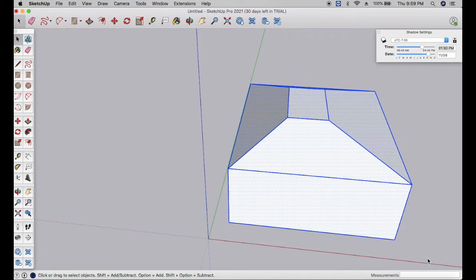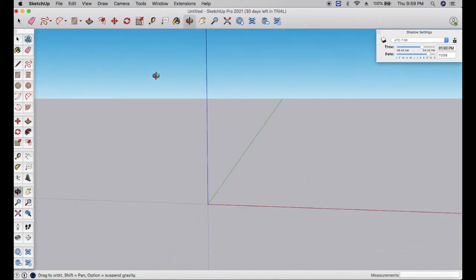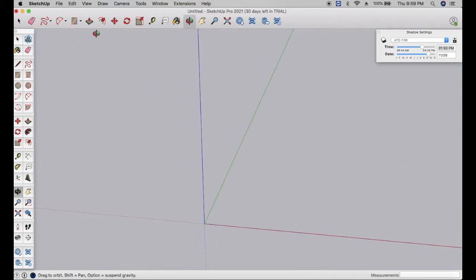Next is the follow me command, which is another useful command in 3D design. So if we need to draw a donut, it won't be easy to draw the same in SketchUp, but we can do it by using the follow me command, like a solid piece, right? So let us first draw a circle.